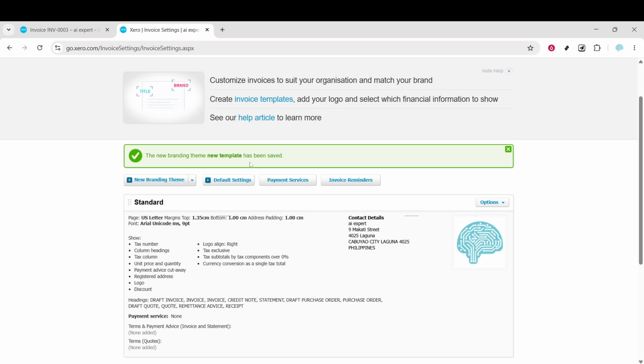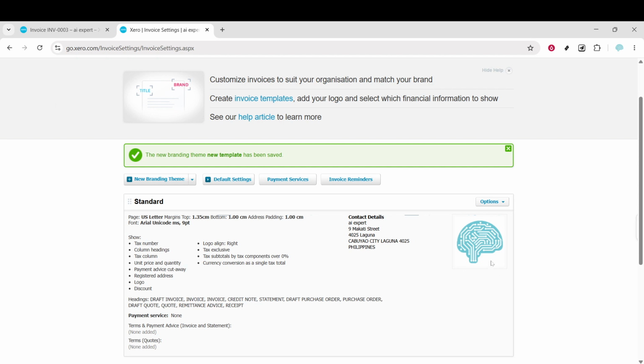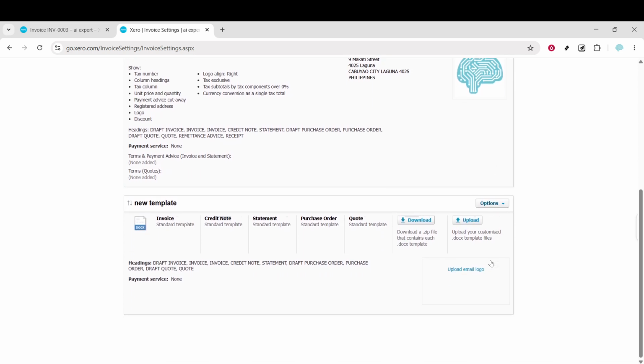Your updates will be applied to that branding theme, and you'll see them the next time you create or send an invoice using it. If you ever need to refine the look again, just return to the same menu and repeat these steps,